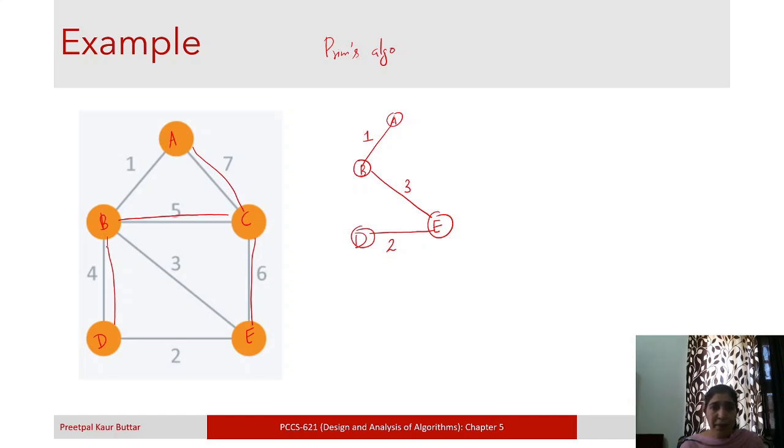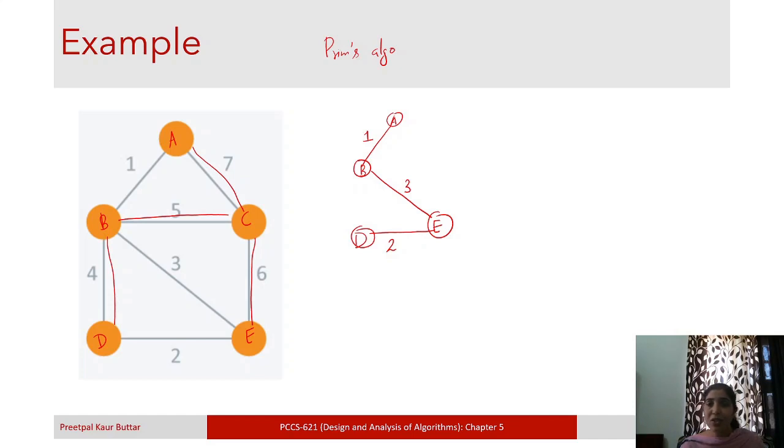And the minimum among these is this edge which is connecting B to D, and it has a weight 4, right? But can we include this edge? No, we cannot include this. Why? Because B and D, they are already in the tree. We will take only those edges which are spanning to new vertices, right?